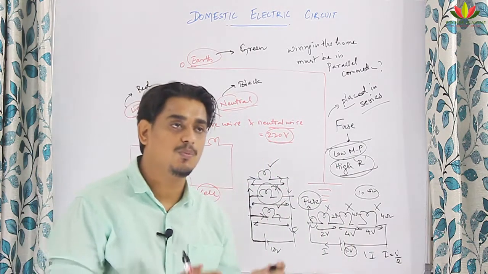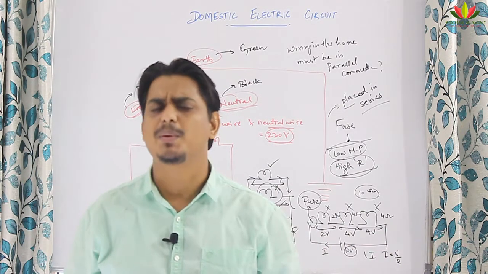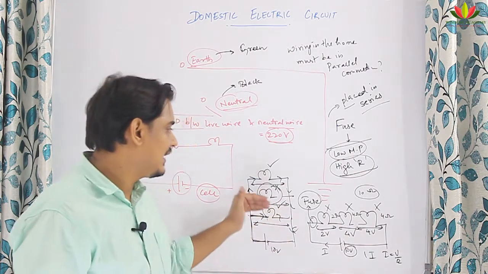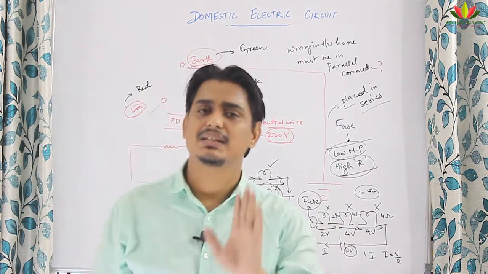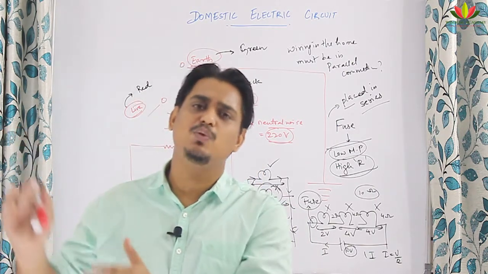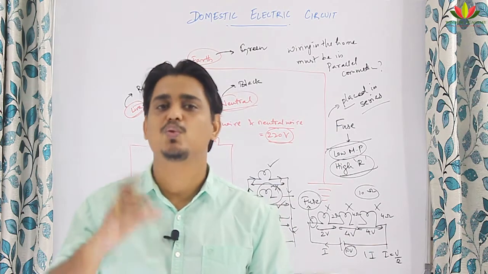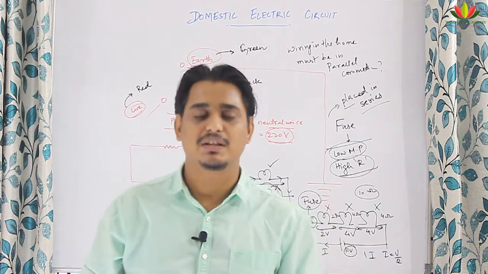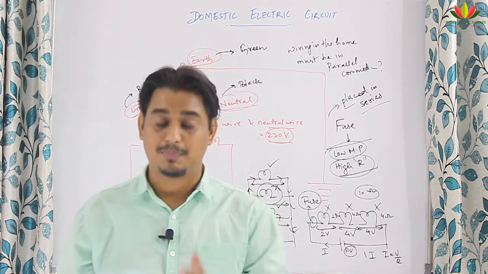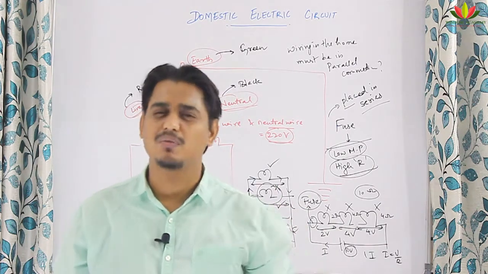So, if suppose in a home 220 volt is supplied in series connection, then all your appliances will not be able to work. Rather, everything should be in parallel connection, so that every appliance receives a similar amount of potential difference, and everything is getting 220 volt. So, if you see any appliance and you see its rating, it will have a 220 volt supply. Generally, in our homes, we give at least 180 or 200 volt of supply for running that instrument. If it is going less, then it may not work properly.